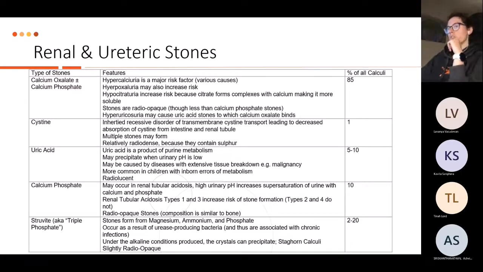So for renal stones or ureteric stones, the most common are calcium oxalate and phosphates, but you also get other types of stone, which usually come about because of some metabolic abnormality. Struvite or triple phosphate is what you usually get with a staghorn calculus. And as I said, it's the urease producing bacteria, which include Proteus spp, that typically cause these. And it's quite a classic MCQ question, so it's definitely worth being aware of.